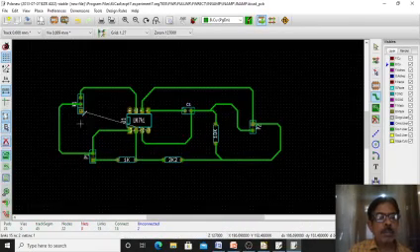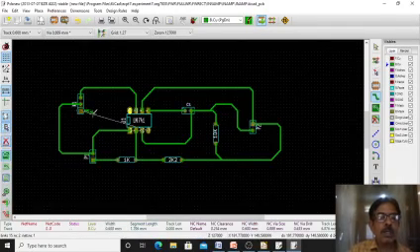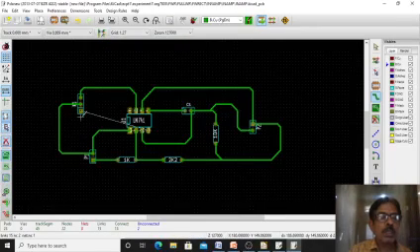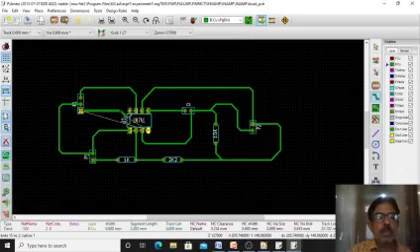Now only one wire is remaining. Sorry, this is pin number 4, minus VEE. You just see this and how to go to pin number 4. So you can go through the IC also. So I will go from here. I'm sorry, they are not connected. You just click here. You just see here, it is going to pin number 4.